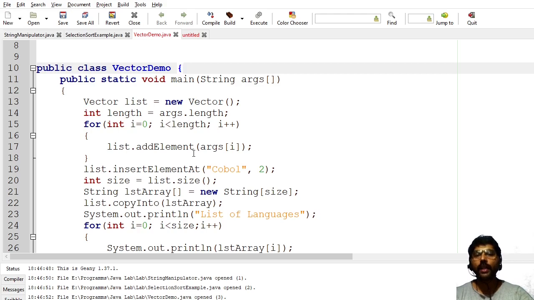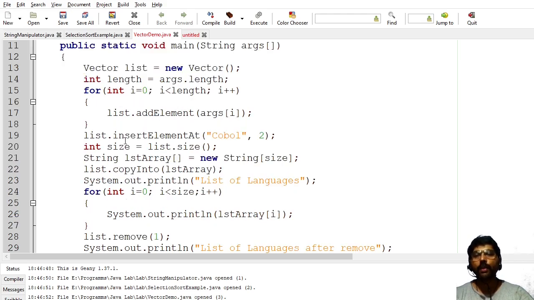Once I have added all the elements, I will modify the vector by inserting a new object called COBOL. What is the input I have provided first? I have provided some programming language names.